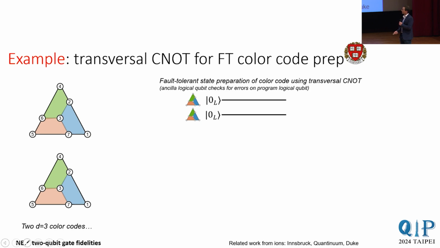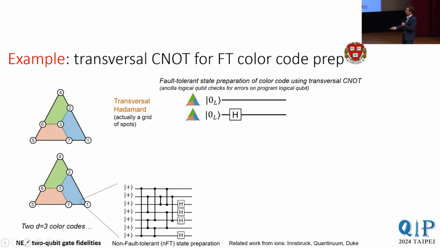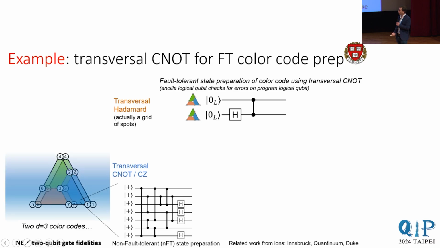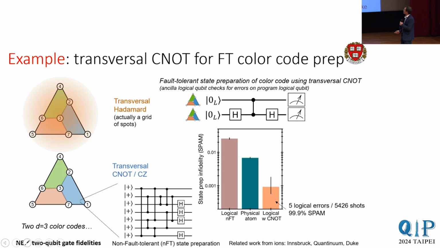Another way is here we're doing kind of a more ion-style color code or Steane code experiment, where we make two distance 3 color codes, and then we do a non-fault tolerant encoding of them, but we use one of them as an ancilla logical flag. We do the transversal C0 by moving them on top of each other. And then by post-selecting on whether this flag saw an error or not, we can actually make this state preparation of the other logical qubit fault tolerant.